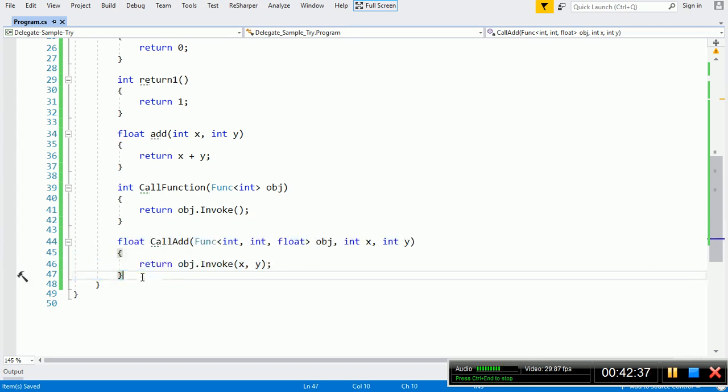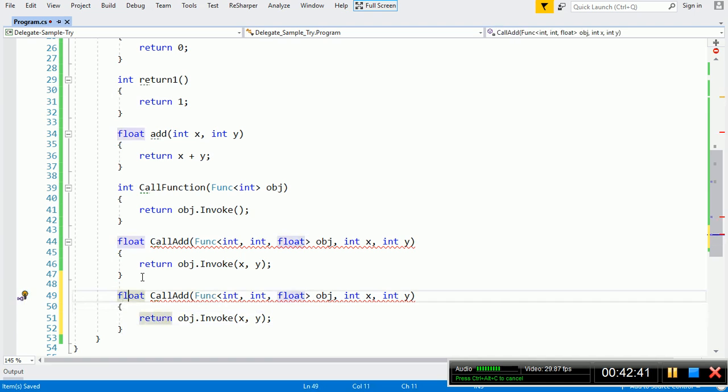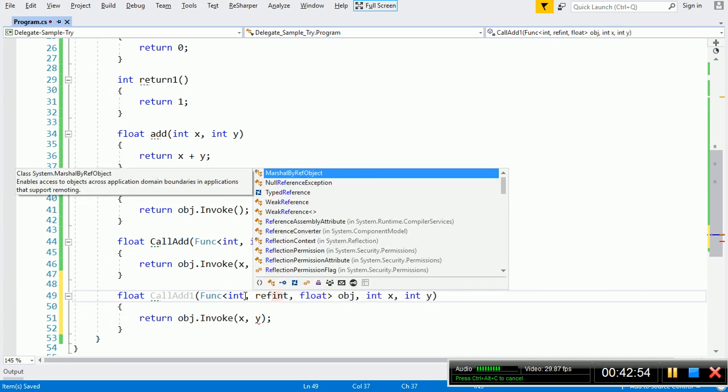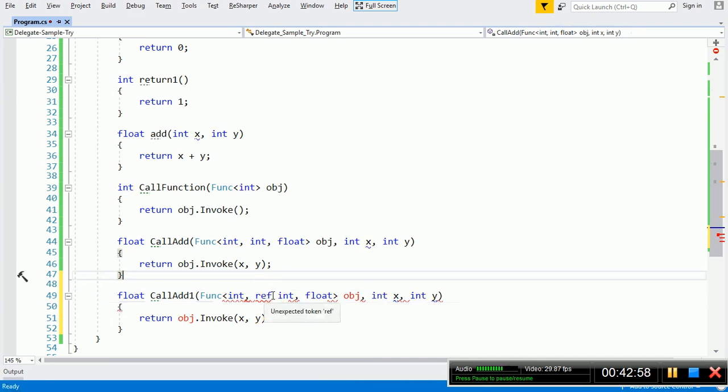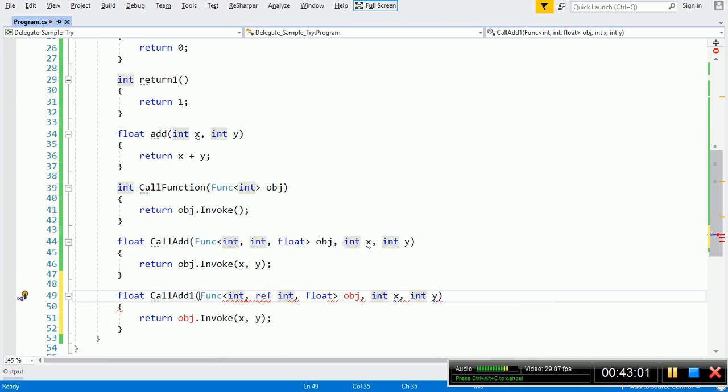For that I will create another function, call add one. So here I am trying to receive the function which accepts the first integer by value and the second integer through its reference, but it is not working.